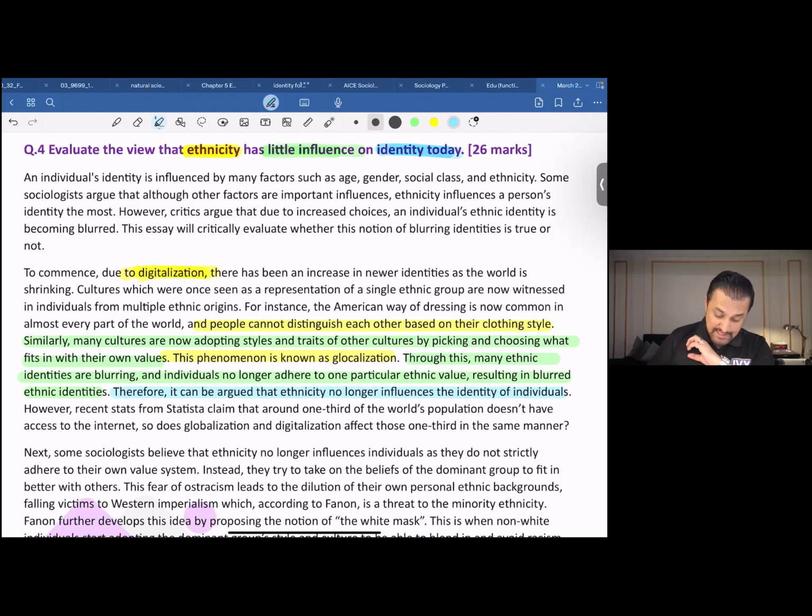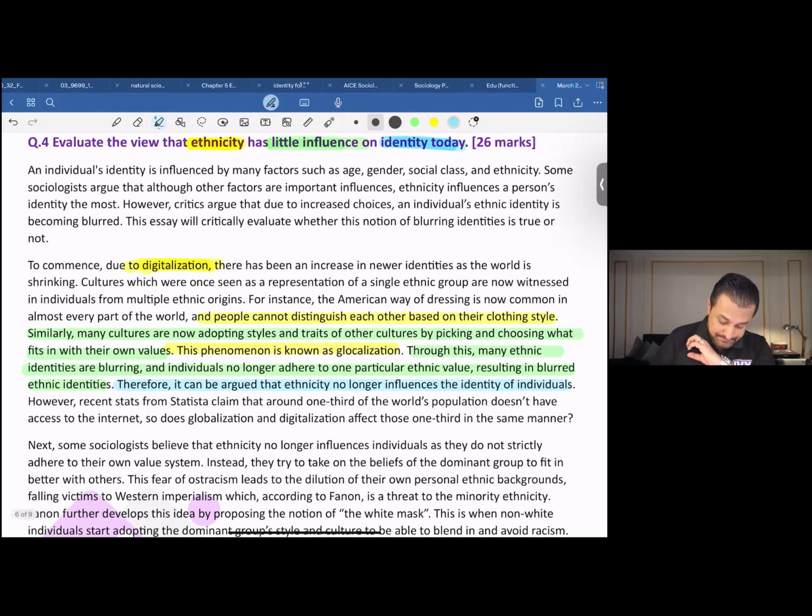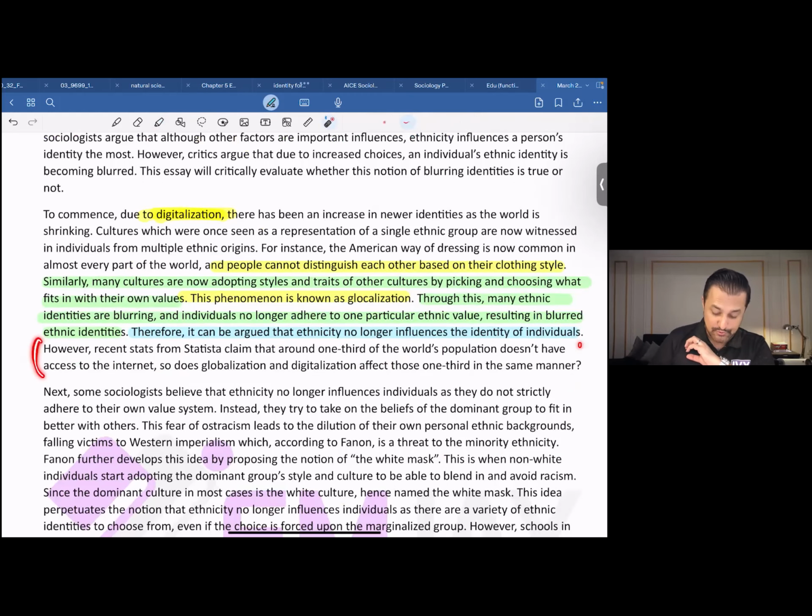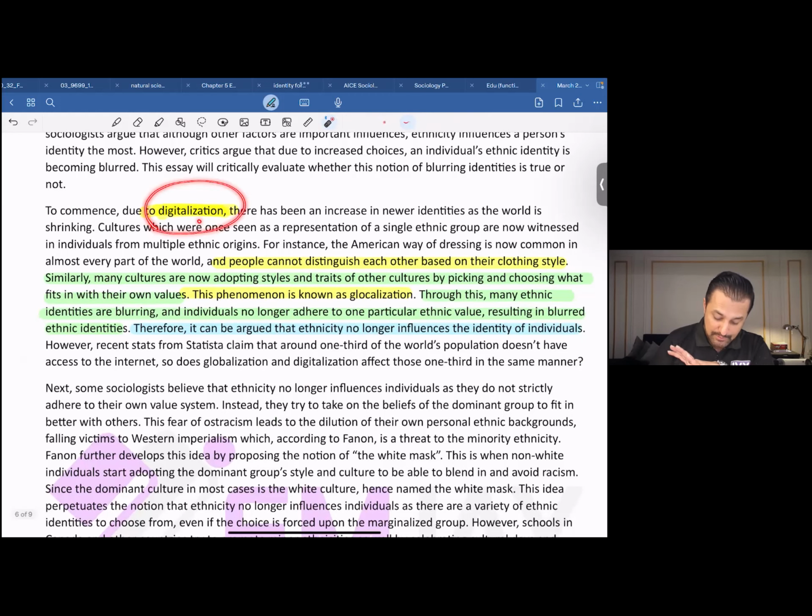However, recent stats, now this is at your discretion again, these last two lines that you see over here. So what has been done over here is a point has been picked, and then that particular point has been developed, and then sociological material has been provided. Towards the end, you're just giving the examiner a hint that you being a sociology student, you just don't give in to things very easily, and you know that